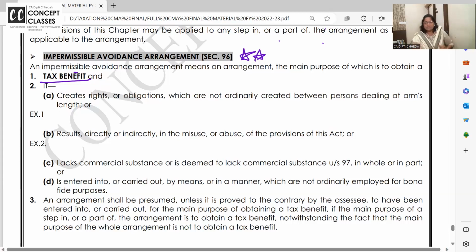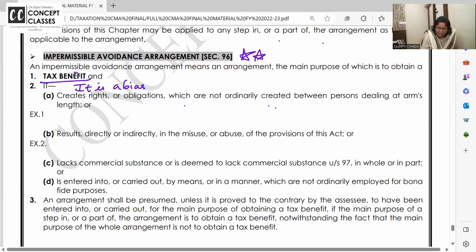Okay, that is first thing. And in second thing, some language is there. Take a pause, do it calmly. For each one I'll give you an example, so it will be clear. Okay, let's read this together. There should be a tax benefit, only then that's an impermissible avoidance arrangement. Second, it creates rights or obligations which are not ordinarily created between persons dealing at arm's length. Means it is